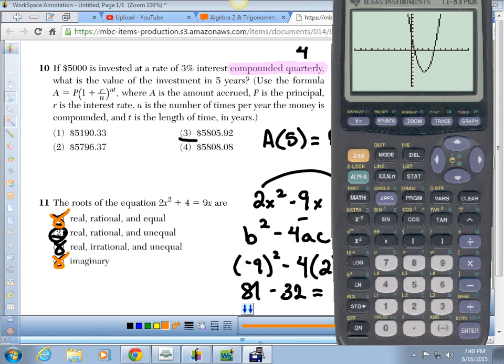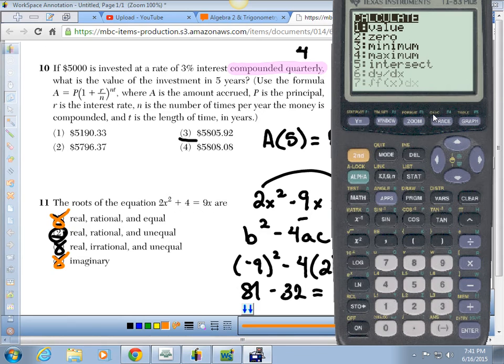Okay, so I know they're not equal because there's 2 different spots right there, and I know they're not imaginary because it does cross. Well, let's just find out what one of them is. If one of them is rational, then the other one's got to be what? But if the one's irrational, the other one's got to be irrational. They have to come in pairs. So second trace,